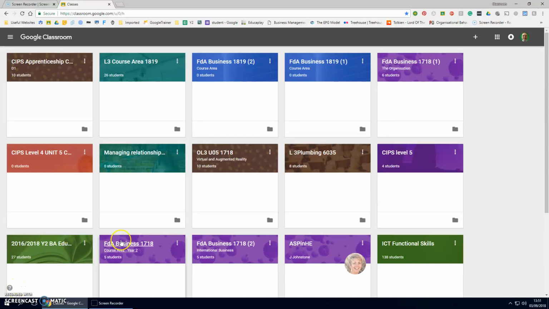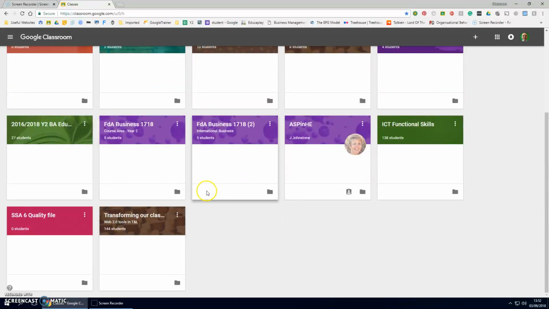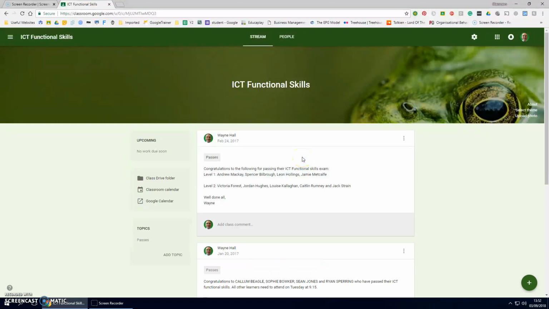Right, most people should have noticed by now that Classroom has changed ever so slightly. If we have a look at one of the older classrooms, let's have a look at our functional skills classroom, you can see that we used to have a stream, a people I think it was called, and an about. Well, the about is now moved. You can find it over here,